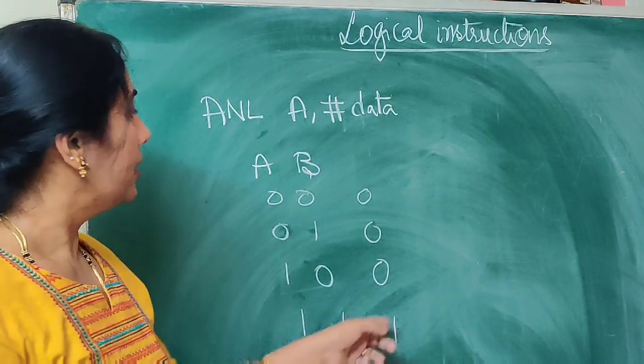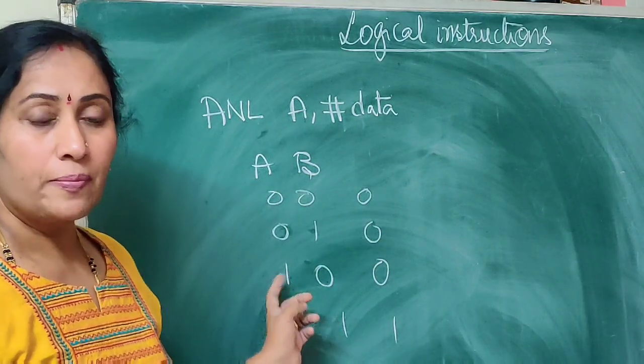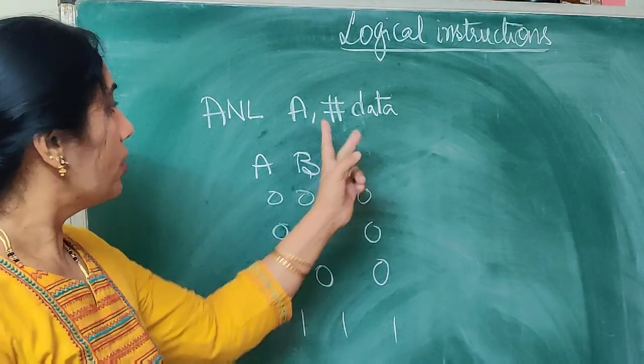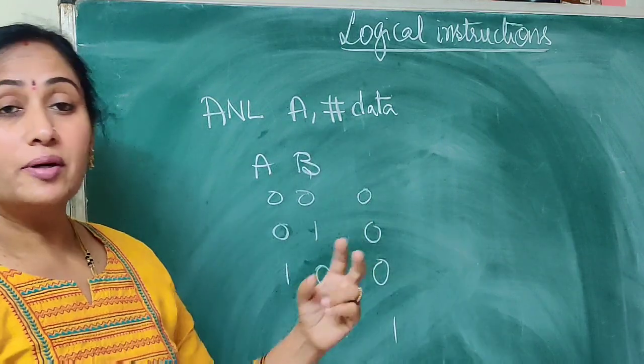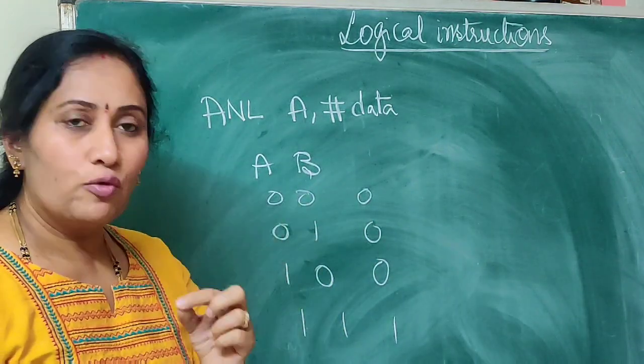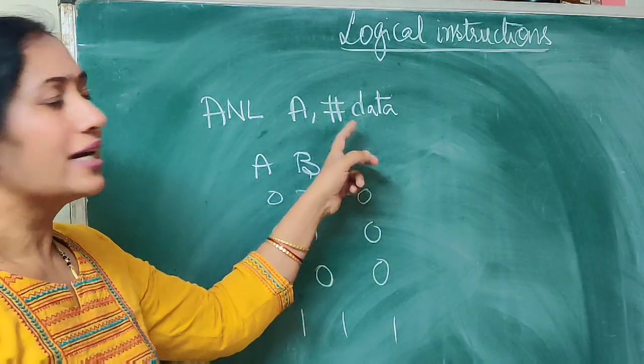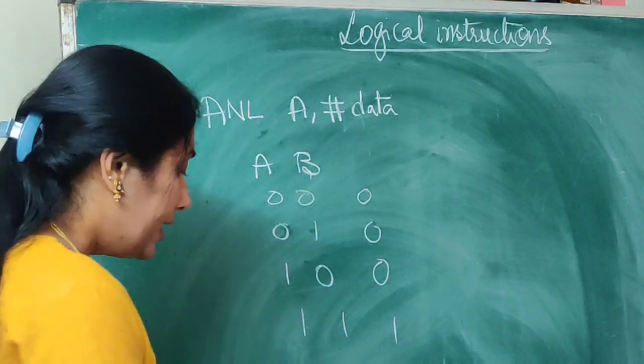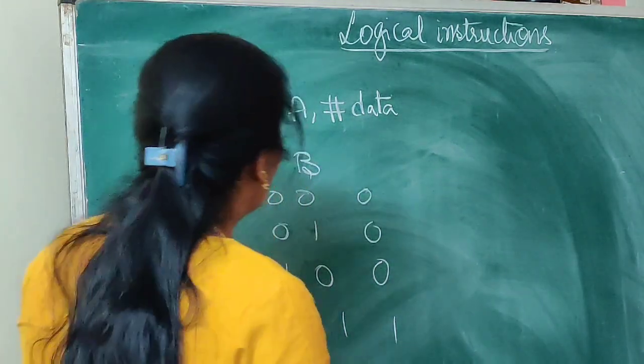So this is the truth table of the AND operation. No doubt it's going to perform the AND operation between the bytes. Each bit will be ANDed and the result is going to be placed in the destination. Okay, so here